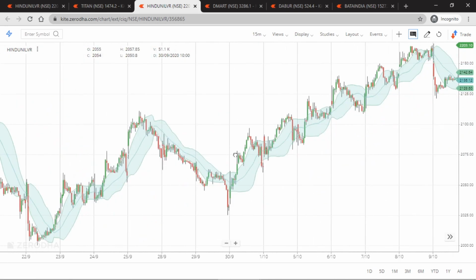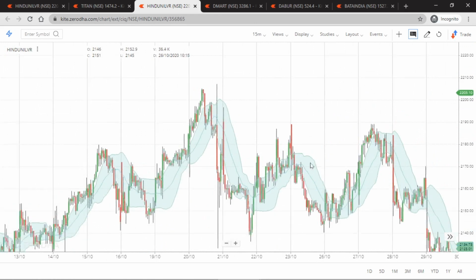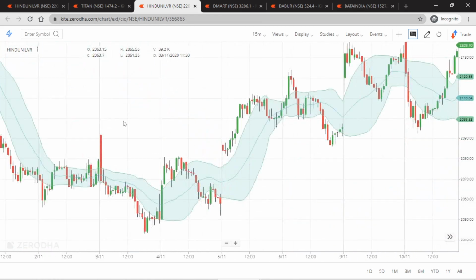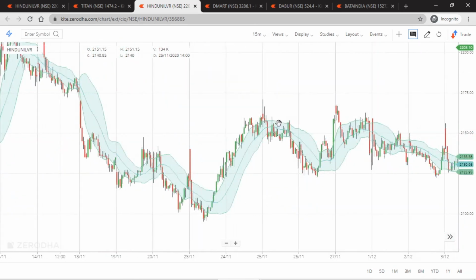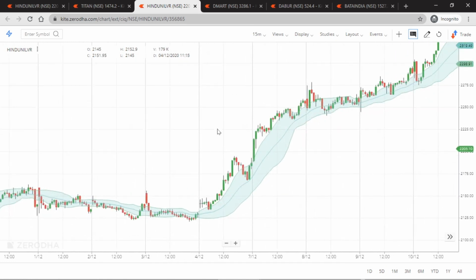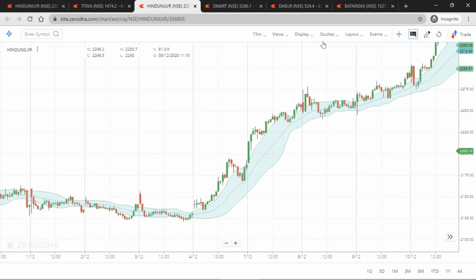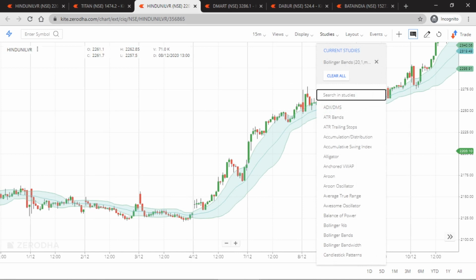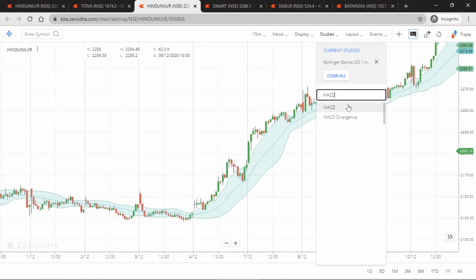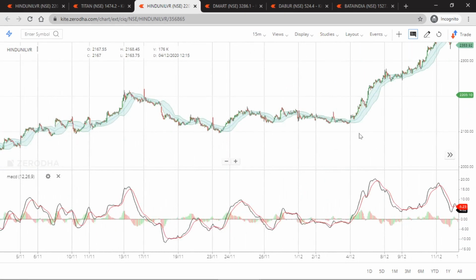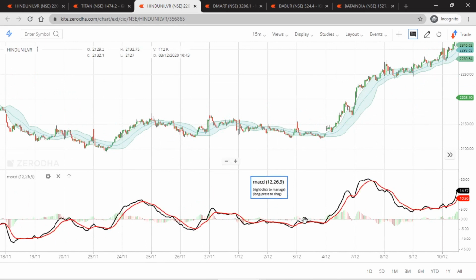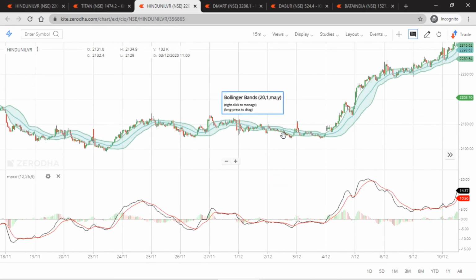So you can see that the Bollinger Band is giving you a clear vision of the trend. Sometimes when the direction is not clear, like every other indicator or technical tool, it fails sometimes, but you can use it with another indicator like MACD or RSI, as we discussed earlier. So if you are using it with MACD, like here, you can see that when the MACD is not giving a clear direction, the Bollinger Band is also not giving a clear direction of trend.